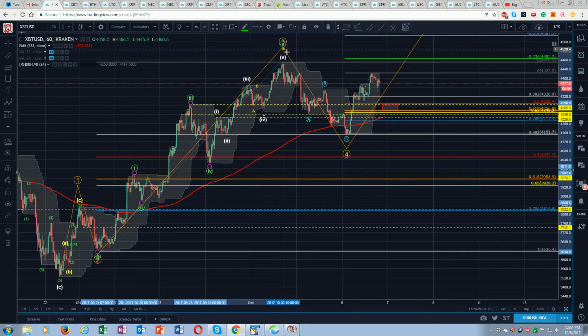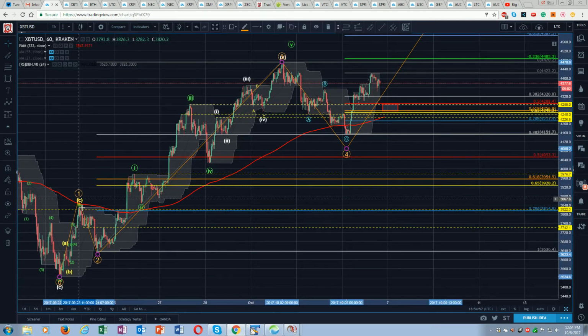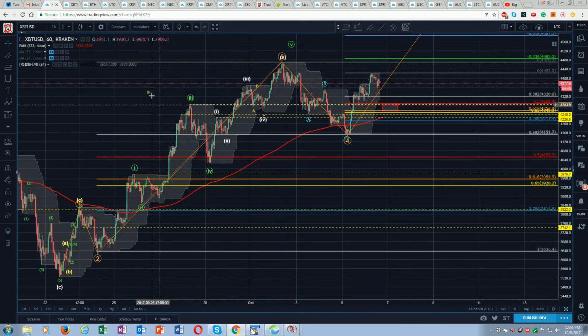Okay, so this would be our... get it there. Okay, so here's our 1, 2, 3, A, B, C into this now R4, which happens to line up perfectly with the 3-8 2. So from an Elliott perspective, that's a textbook 4. It's just absolutely perfect. And as we've watched this unfold, it's been just incredibly technical, just absolute perfect Elliott wave